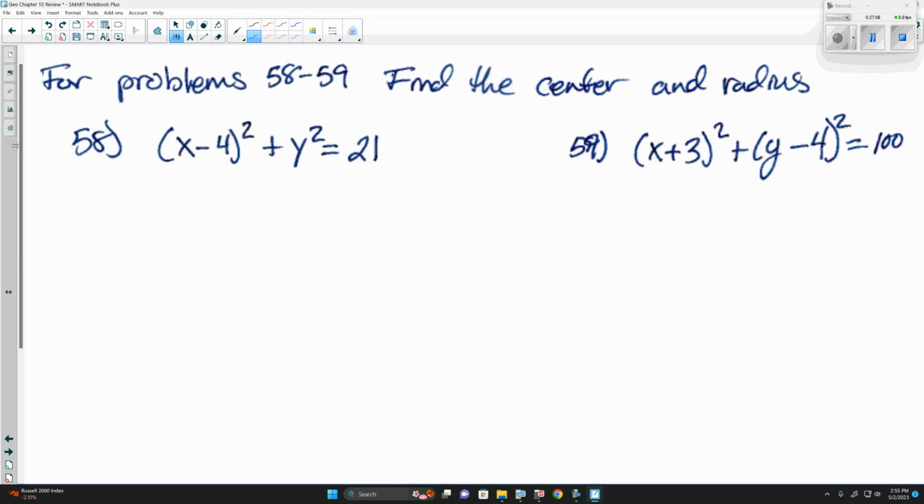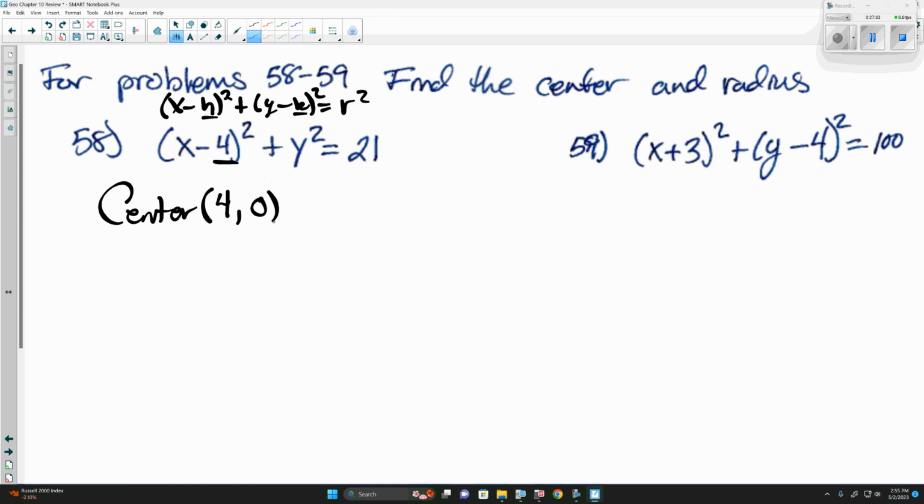Find the center and the radius. Well, again, we said x minus h squared plus y minus k squared is equal to r squared. Well, h and k is the center. So for this here, the center, so we have x minus 4. The x value of the center is 4. If it's negative inside the parentheses, it comes out as positive, yes. If there's not a value or a set of parentheses with x or y, it's understood to be